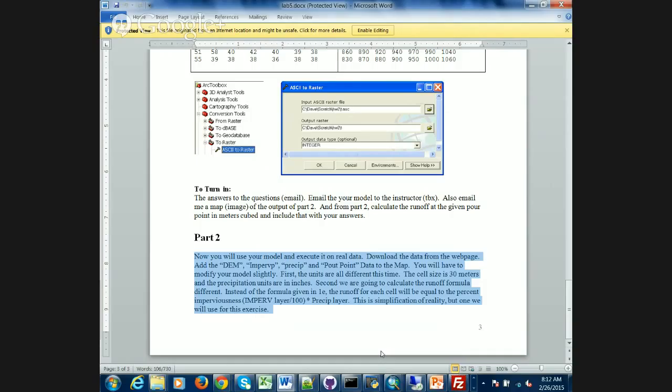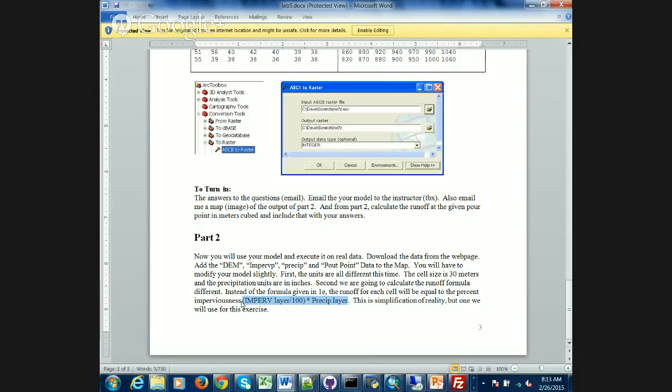Once you do that, you have to figure out what the runoff was in every cell using this formula, times the precipitation layer. And then you could figure out what the total runoff was in the watershed that the pour point created, using, what would I use to do that? We talked about it on